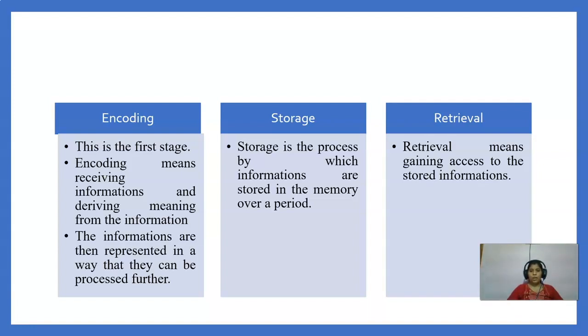If I don't encode properly, I cannot store the information. If I don't store the information properly, I cannot retrieve the information in future. So we can explain forgetting with these stages. We forget many things. Why? Because maybe we didn't encode the information properly, or maybe we failed to store the information properly, or maybe we are not able to retrieve the information, like bring back the information from the storage properly. Let me explain it with an example. Suppose I'm not able to remember answers to many questions during an exam, maybe because I have not encoded the answers